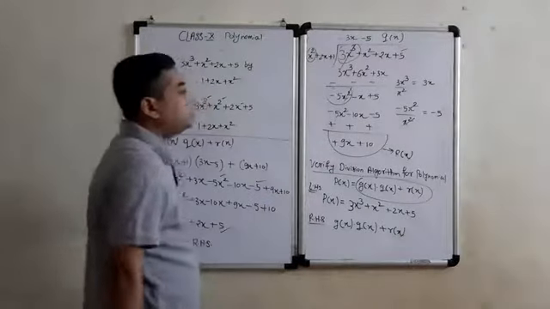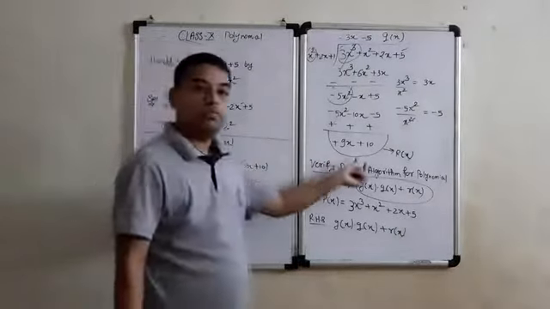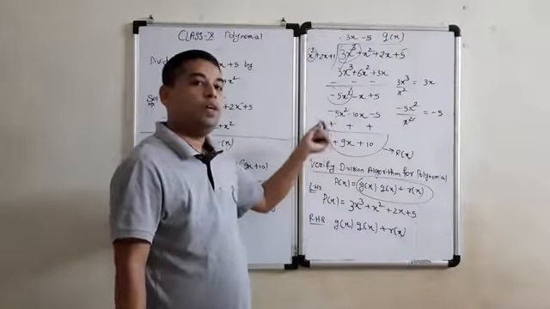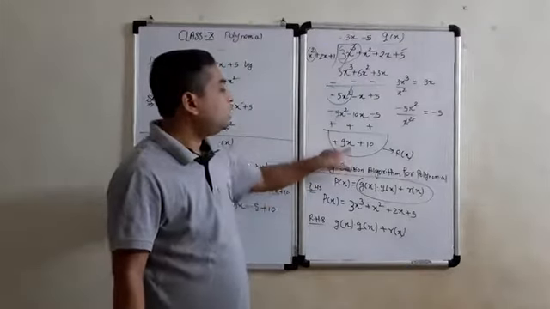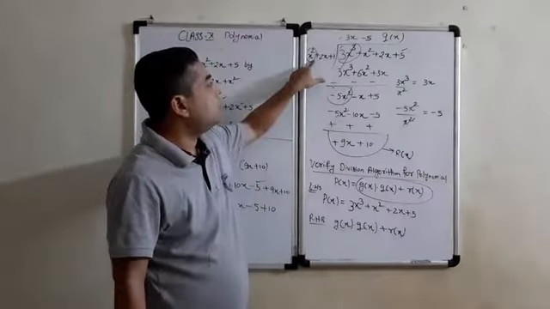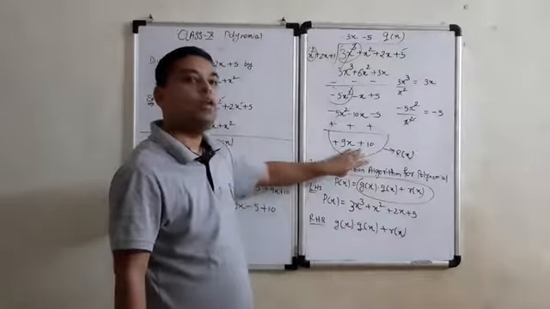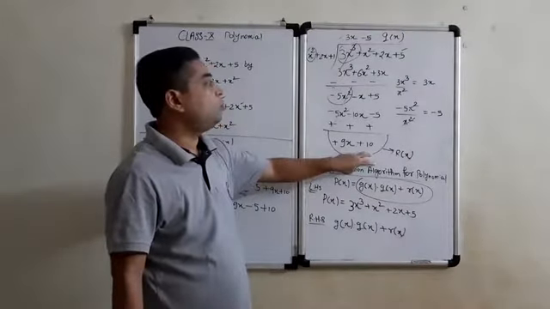After the long division method, where will you stop? If the remainder is not coming 0, then how do we check where we have to stop? If the degree of the remainder is less than the degree of the divisor, at that time we have to stop. We cannot divide anymore. So that will be your remainder.